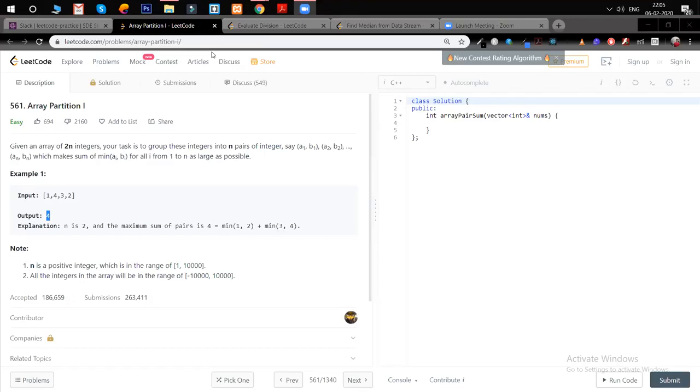Ashish, Vipin this side. Do we have to create only two pairs? Means, suppose it's a series of 1 to 10, do we have to do only two? So let's say if you have 1 to 10 numbers, total contents are 10, then you have to create 5 pairs, and from all the 5 pairs you have to take the minimum ones, sum all of those, and get the largest sum which is possible.